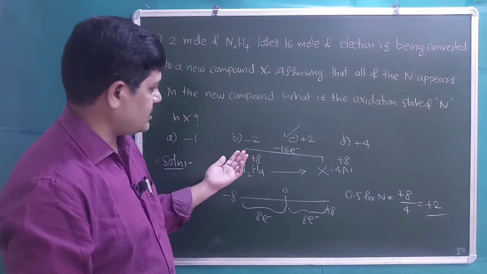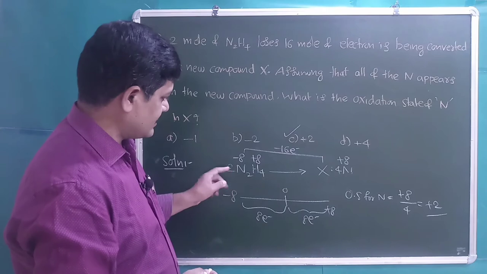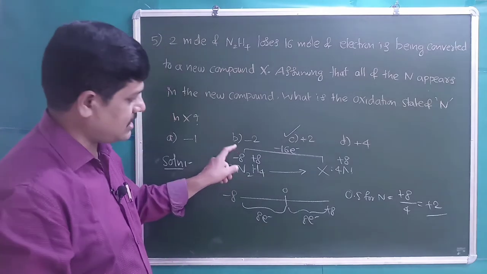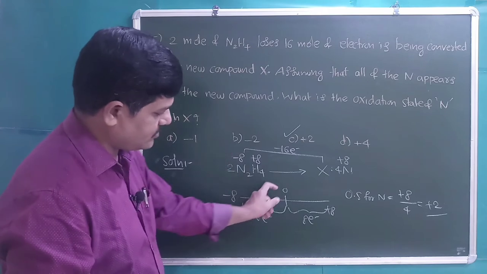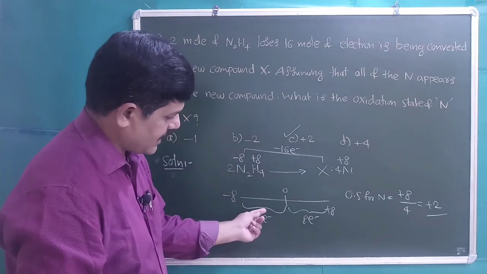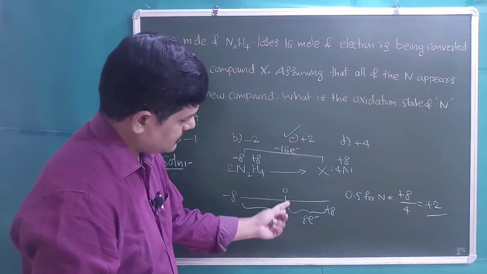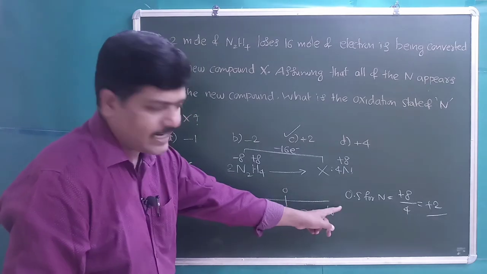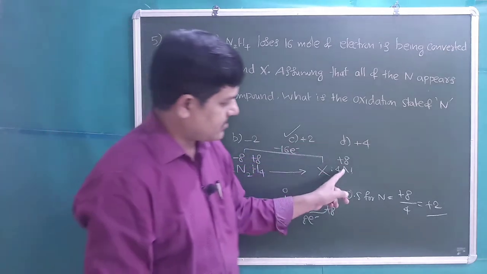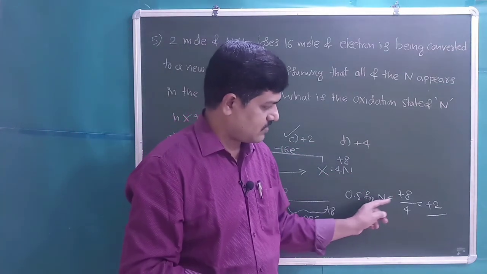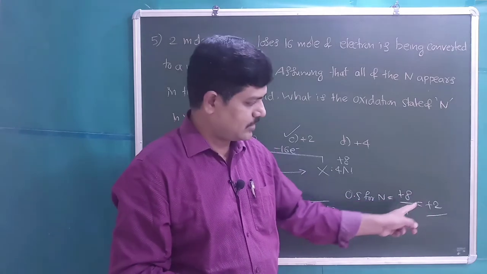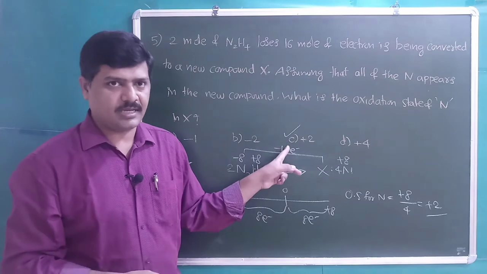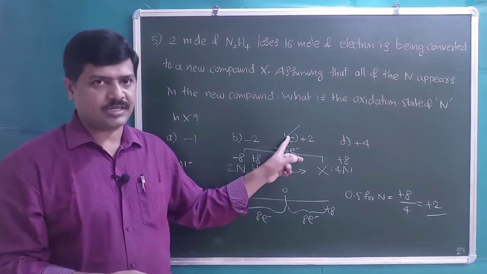So here 4 nitrogens, and this is also 4 nitrogens. When it loses 16 electrons, the oxidation state for the 4 nitrogens in the reactant is -8. -8 to 0 is 8 moles of electrons, and one more 8 moles of electrons, then 0 to +8 it will come. So for 4 nitrogens +8, what is the oxidation state of each nitrogen? +8 divided by 4 is equal to +2, which is given in option C, so C is right. Let us take one more question now.